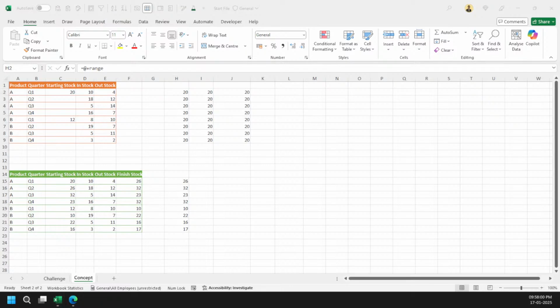But now you will ask, Aditya, we want to grab every value here. Outstock, right? I've got this outstock, but I want to grab values from here to here. Got it? So what tricks can I pull here?